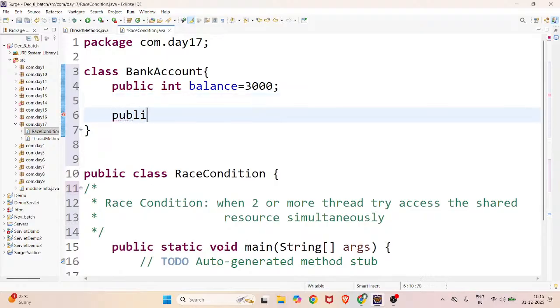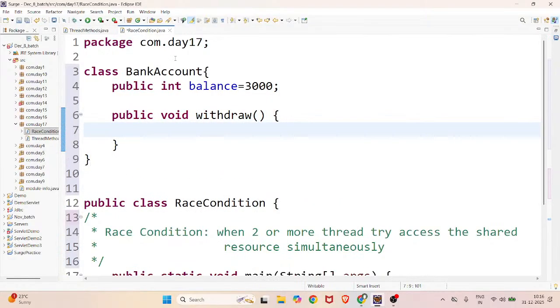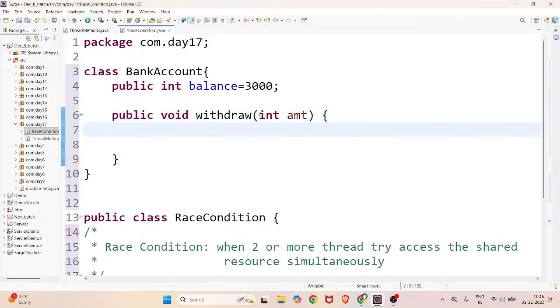Public, and create a withdraw method. Public void withdraw. In that withdraw method, I am passing the amount to withdraw, int amount of withdrawal. Suppose amount to withdrawal. In the amount to withdrawal,